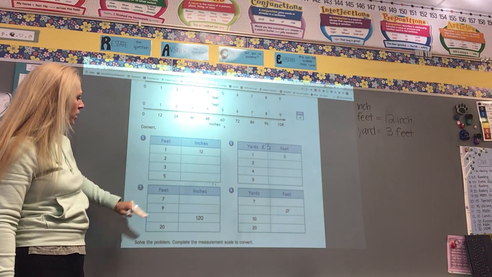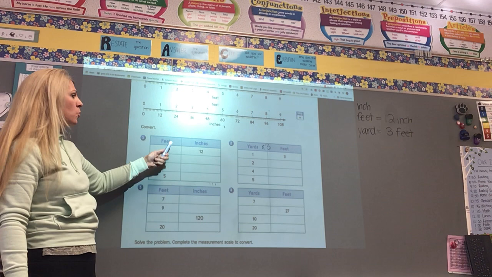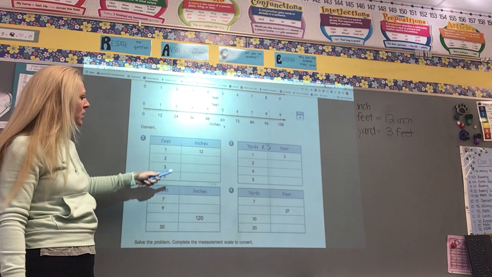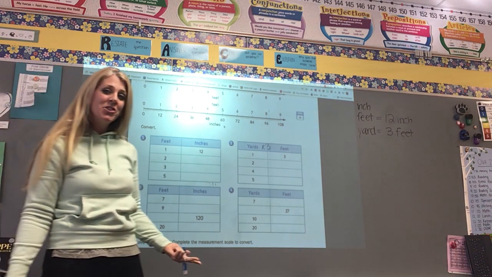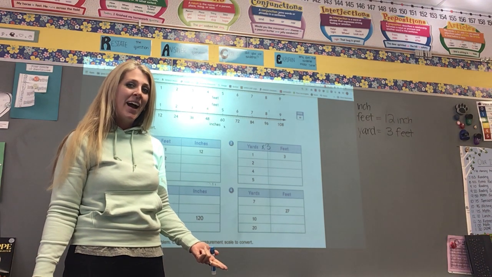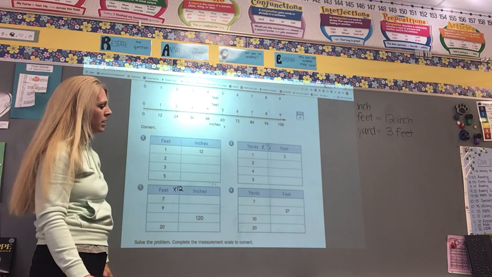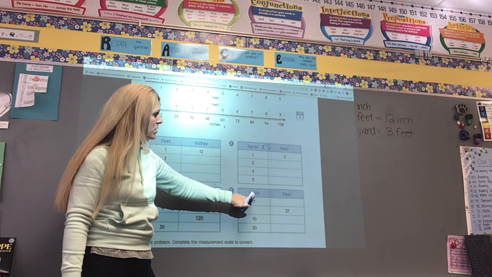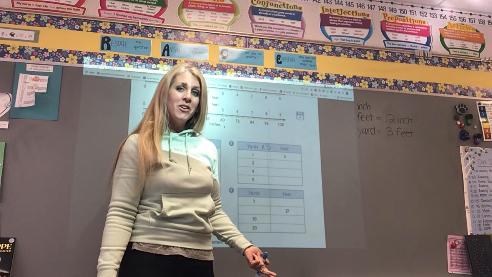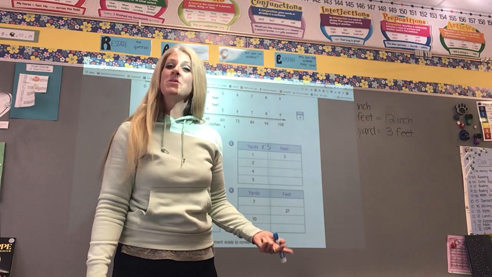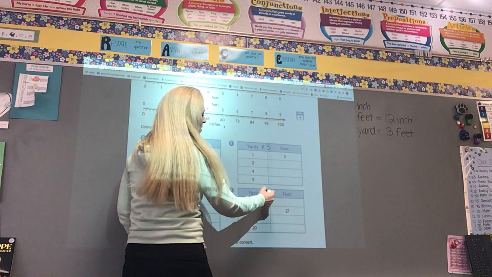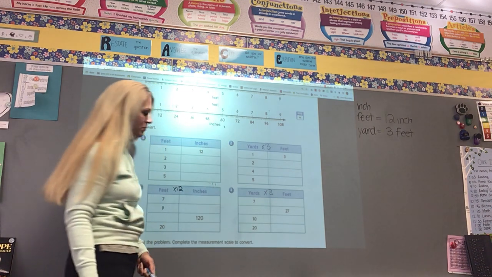Then down here, we're gonna change from feet to inches, which is just what we were doing here. How many inches are in 1 foot? I hope you said 12, so that was our rule, is times 12, okay? Then our last one was yards to feet. How many feet are in a yard? I hope you said 3, we just did that one, so that one would be times 3. Okay,